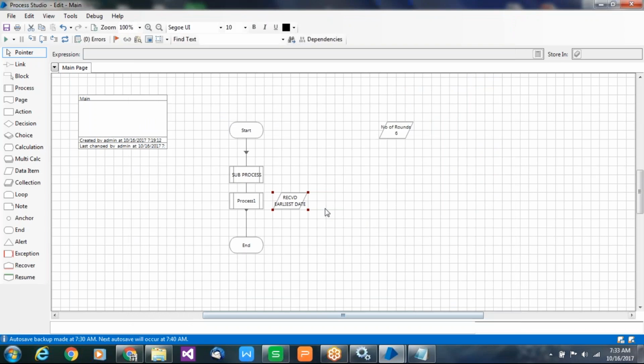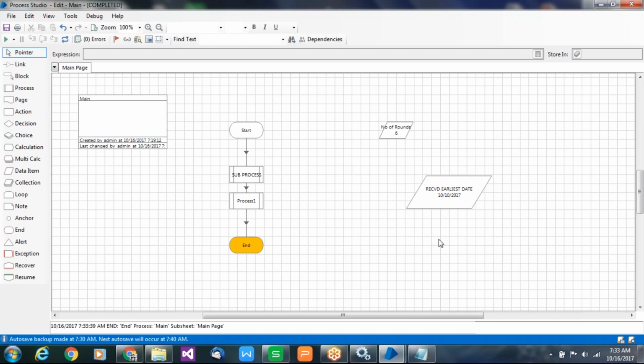Okay, that means the date will be received from the other process as well. Here it will be receiving, right? No need to go step by step, automatically it will come. See, the receiving date also came. You have to understand that the date also came like this, the receiving date. That means the same input and output parameter concept we can implement between two processes also.